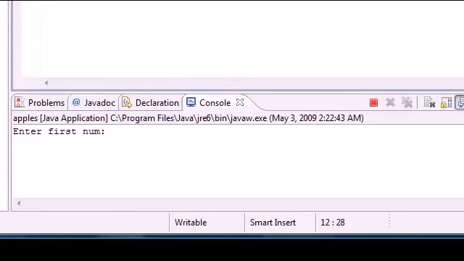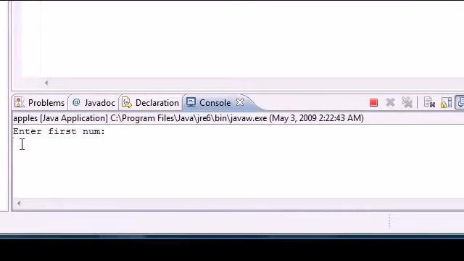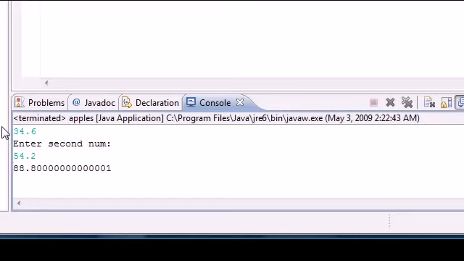And here's our program right here. Enter first number. Let's do 34.6. Move my cursor out of the way. Press enter. Enter second number. 54.2. Press enter. It's going to give us our answer,